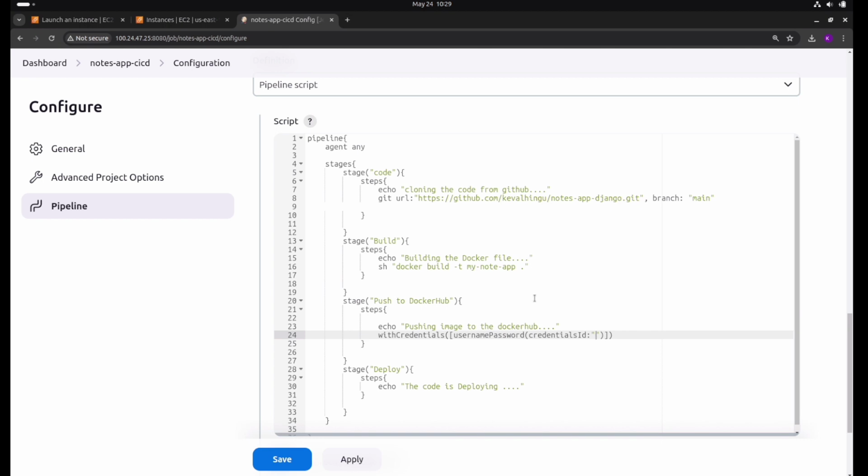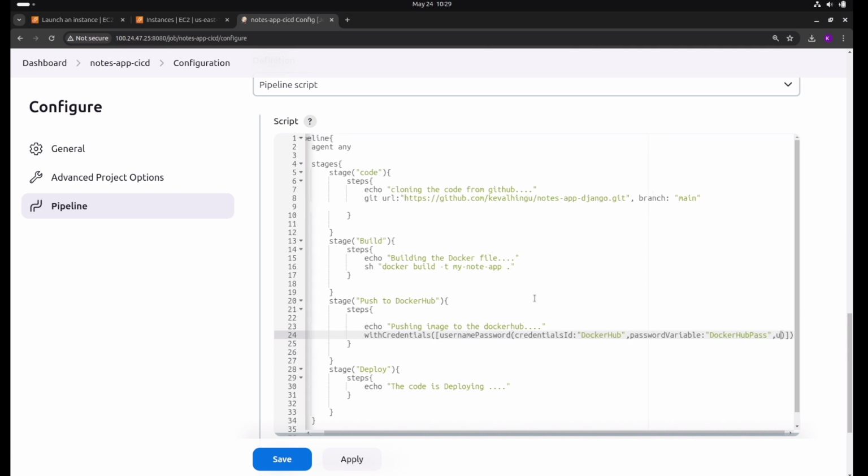So in double quotes write dockerhub and passwordVariable. It's Docker, meaning we are just creating a variable here. Password variable is DOCKERHUB_PASS,